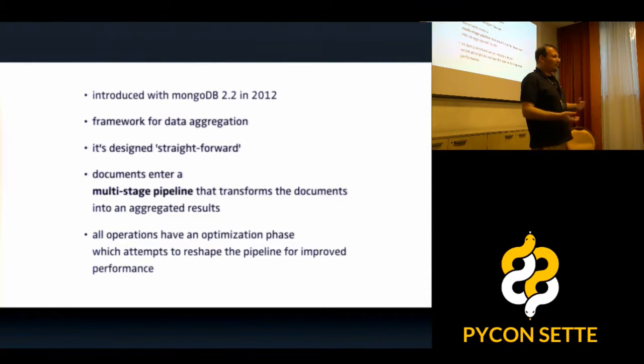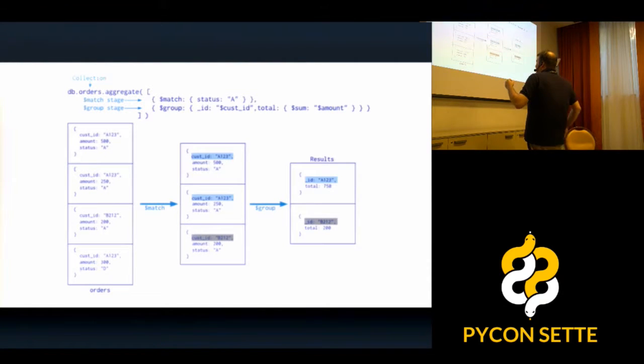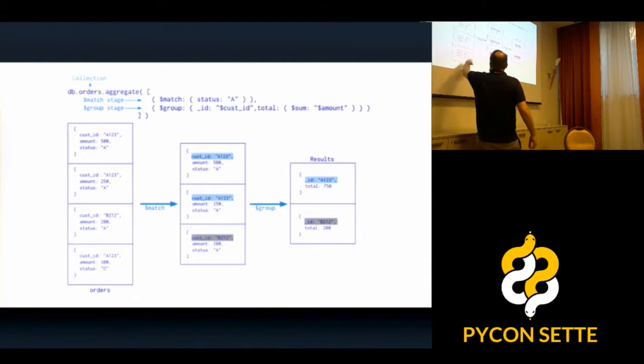It's a framework for data aggregation, as the name points to. It's designed in a straightforward fashion. We basically build a pipeline and transform our data from one step to the other until we receive an output. And the MongoDB documentation describes it like this. So we have our orders documents. We do a $match, which is fine. So we match on